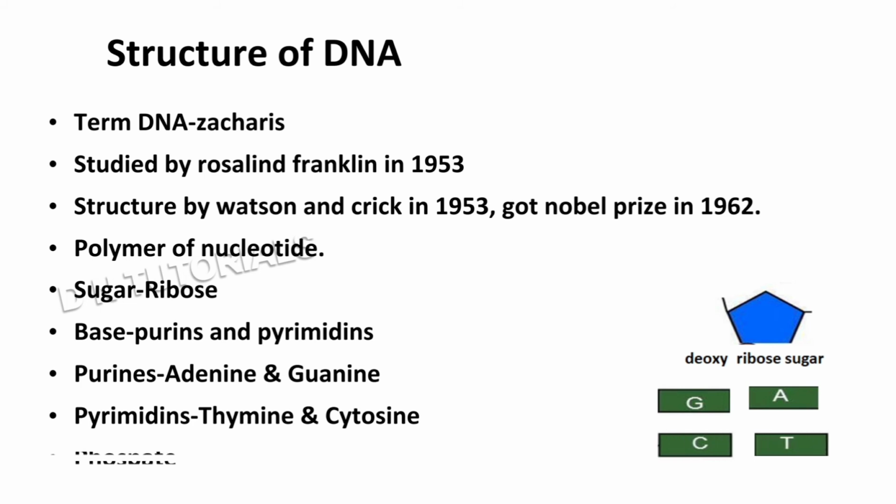And the last thing which forms the nucleotide is the phosphate. Right? So to form a nucleotide, you need a sugar, a base, and a phosphate. For the base, any base can be taken, either adenine or guanine or thymine or cytosine. Any single base along with the ribose and phosphate is going to form a nucleotide, and when these nucleotides come together, they are going to form the DNA.